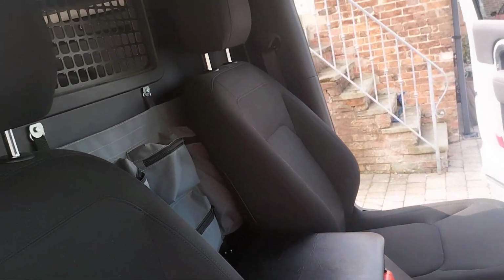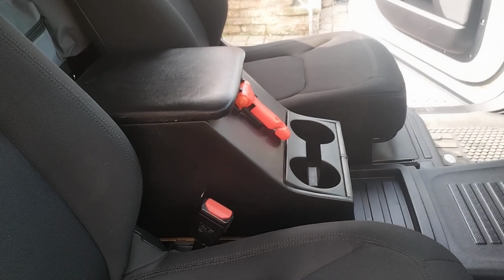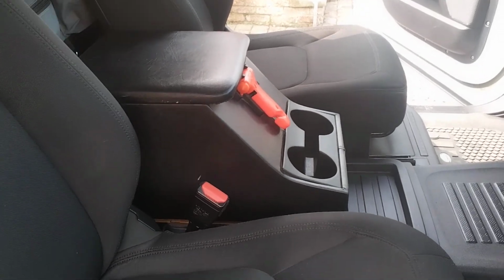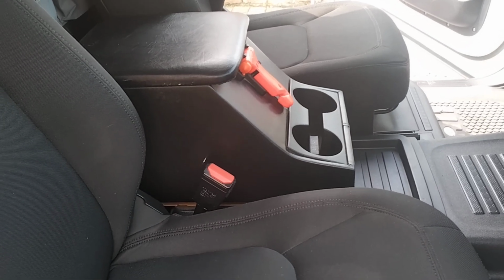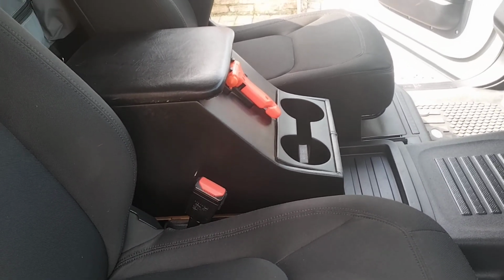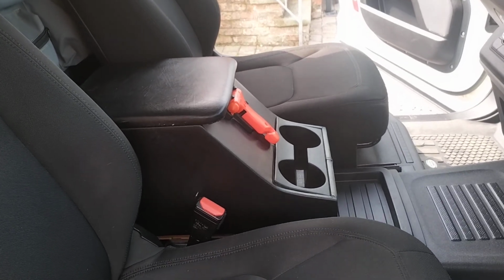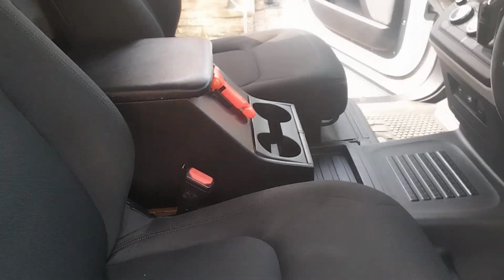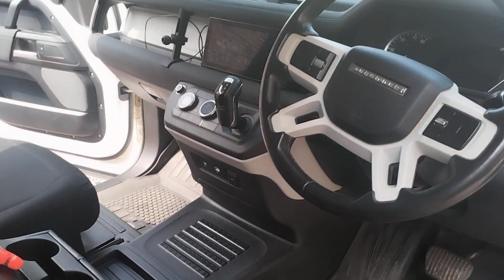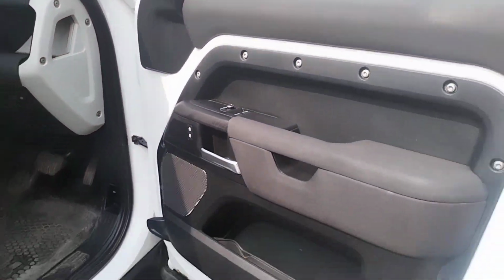And you will see a genuine Defender centre cubby box, because this vehicle came without anything because I forgot to tick the box, and I've been struggling for something. I just said to Richard at RCM one day, I wonder if the old shape Defender cubby box fits, and it does. So anyway, I'm just giving it a complete wipe over and clean, because I go to the Balkans